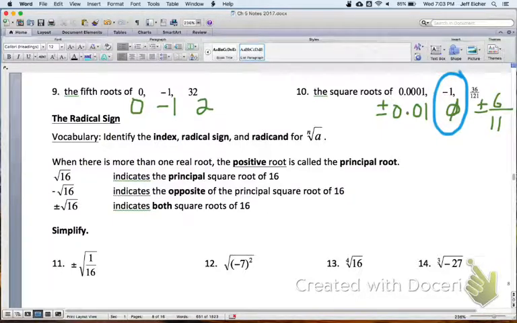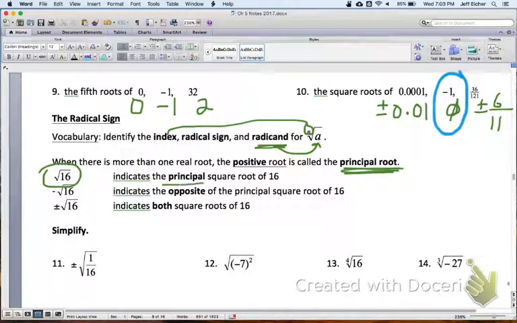A couple vocab terms. I mentioned index before. The index is the n right there. The radical sign is the radical sign. And then the radicand is the thing under the radical, what you're square rooting or third rooting or fourth rooting. When there is more than one real root, the positive root is called the principal root, the main root. So if it's just written like this, then you can assume that you're talking about the principal square